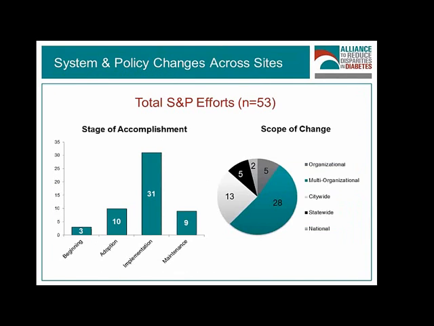We also looked across the tables to get a better understanding of the stage of accomplishment across these various efforts and the level of scope of the change. If you look at the slide here, there were a total of 53 individual changes or efforts that we were tracking. When you look at the bar graph, you can see that the majority of these efforts were already in the implementation stage. And if you look at the scope of change diagram there, you can see that the majority of these efforts